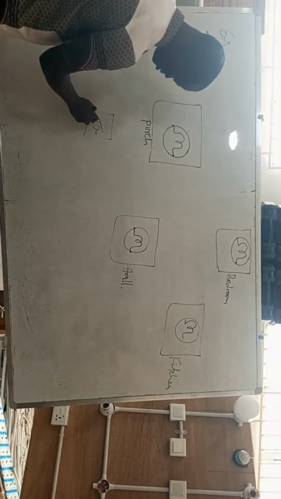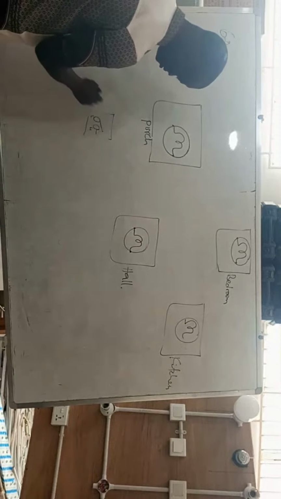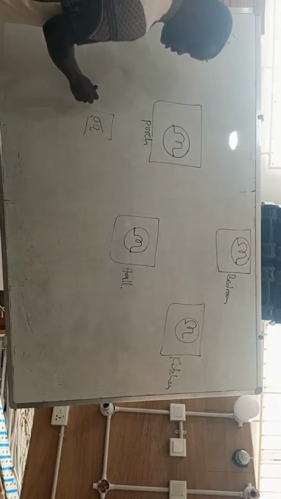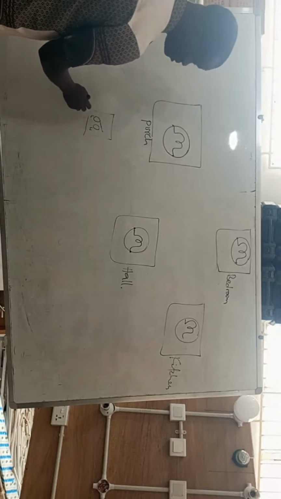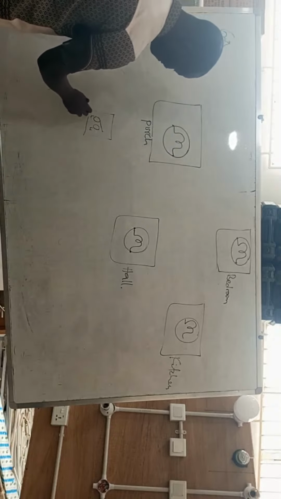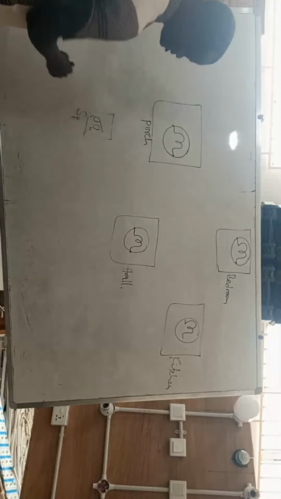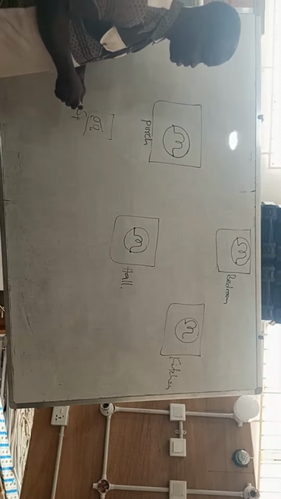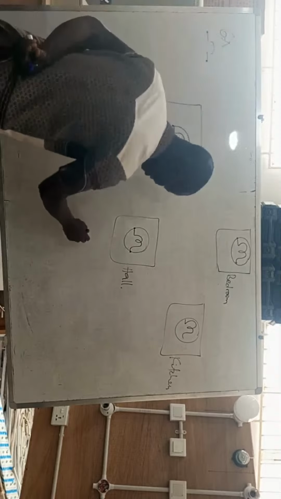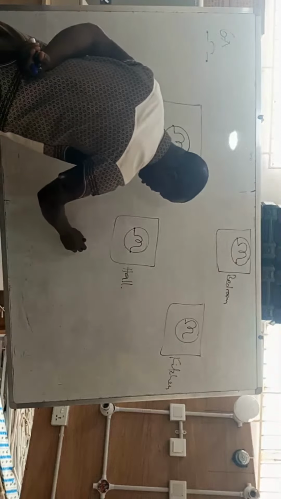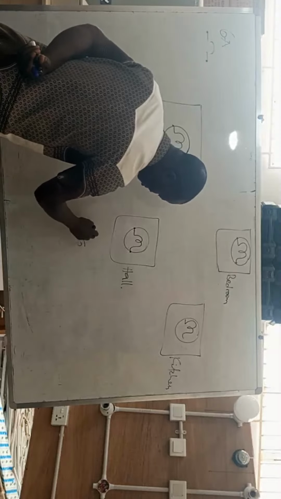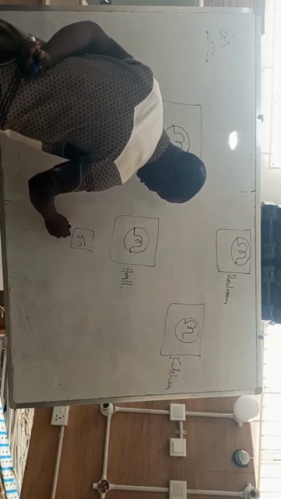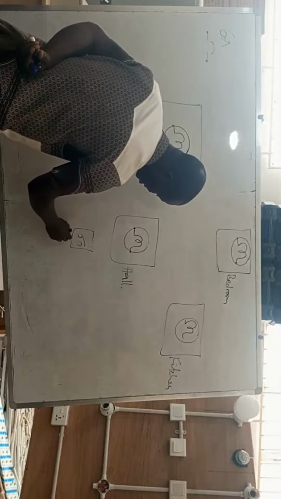So here will be L, here will be L1. And this will be the switch for the porch, so we can call it SP, switch for the porch. Then we need another one also here that will control the lamp in the hall. So we can say SH,